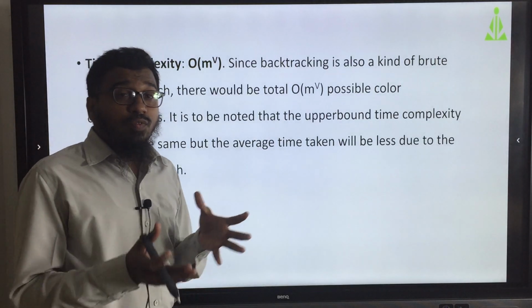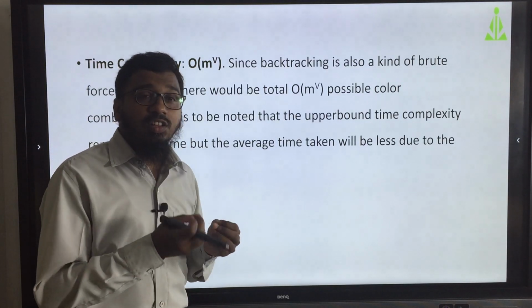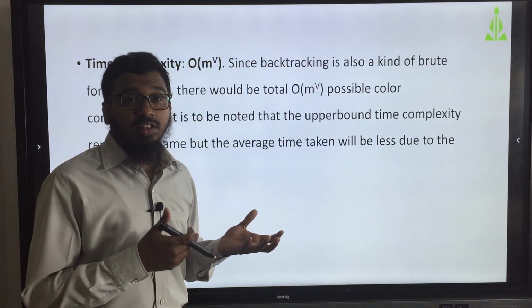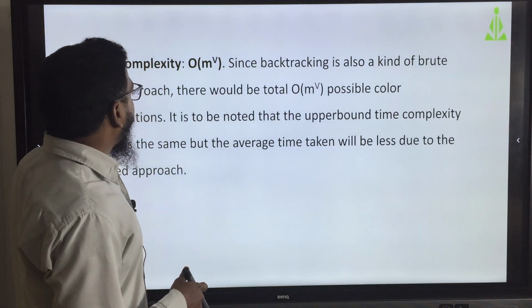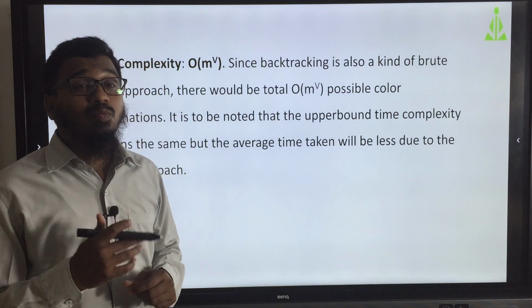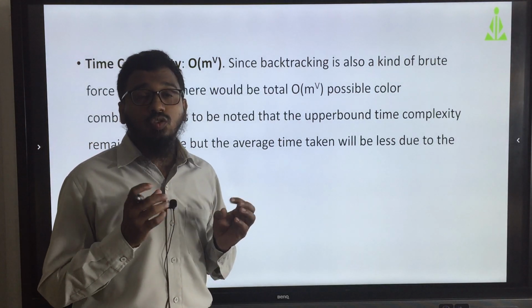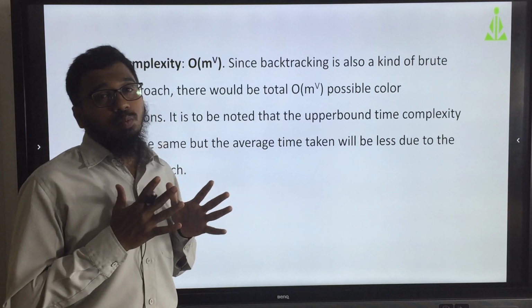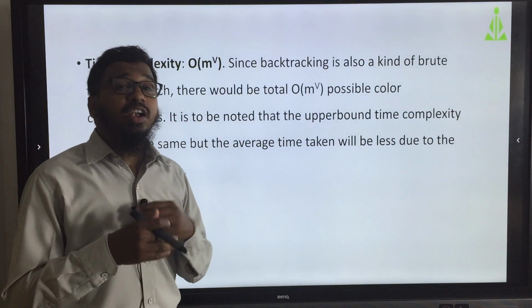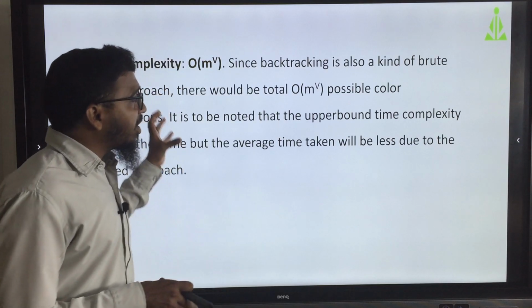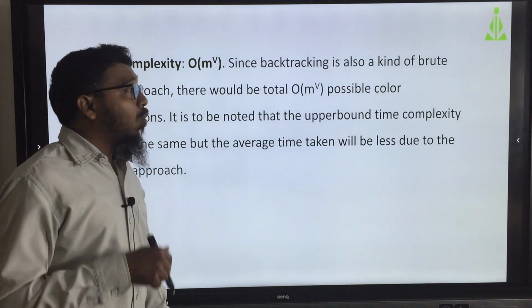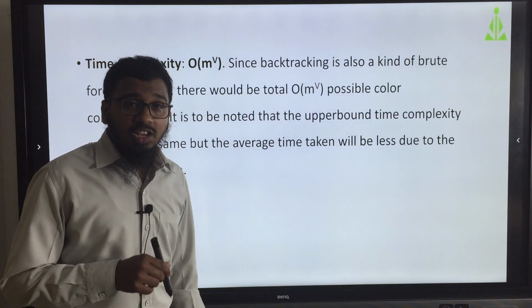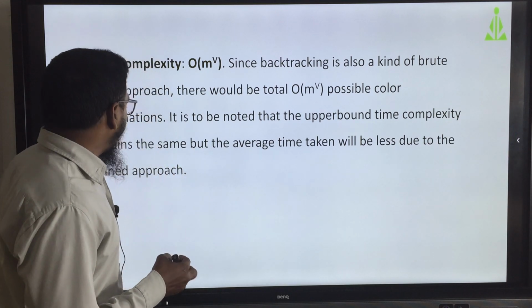So whatever we are doing here, like changing the color, after that, what is the time complexity? Because the design and analysis of algorithms subject is purely based on time complexity and space complexity, because we need to identify, when we implement in real time, what will be the time complexity and what will be the space complexity.